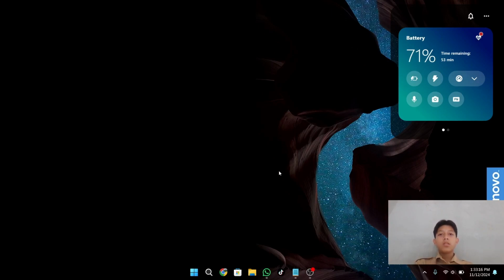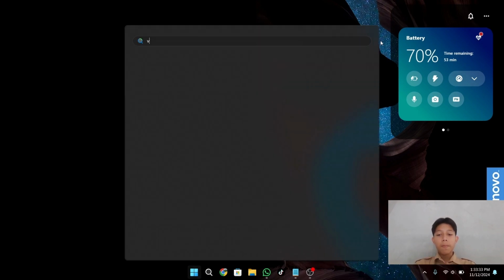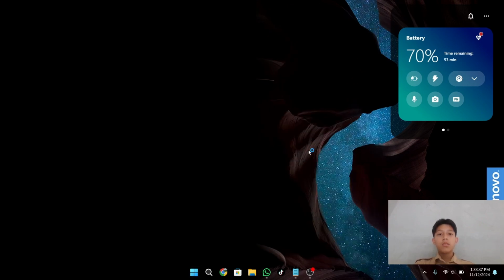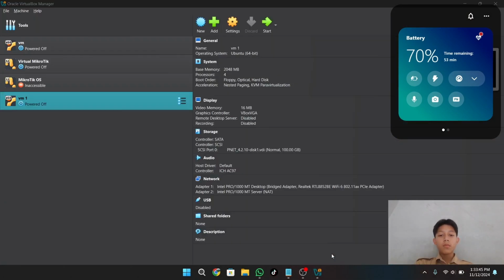And today I want to tell you how to make a static routing with two routers and virtual. First, you can open your VirtualBox or virtual machine. I use VirtualBox, and for the engine I use PNETLab.